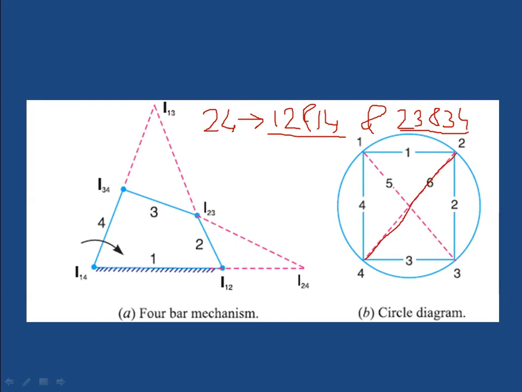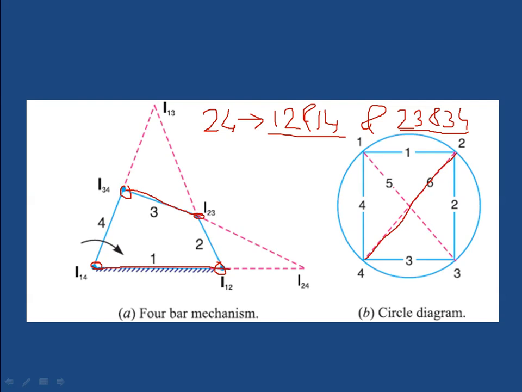So where is 1 2? This one. Okay, then what is 1 4? It is here. So these two combinations you have to consider, meaning this line. So this line I have to extend it. So the first one I got it. Next one is 2 3 and 3 4. So where is 2 3? This is 2 3 and this is 3 4. Okay, so these two lines I have to extend now.